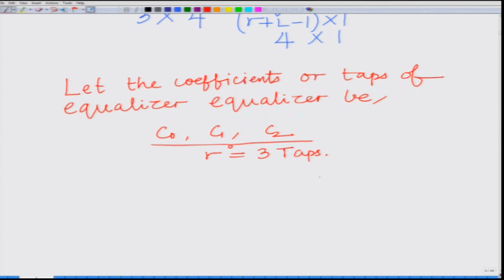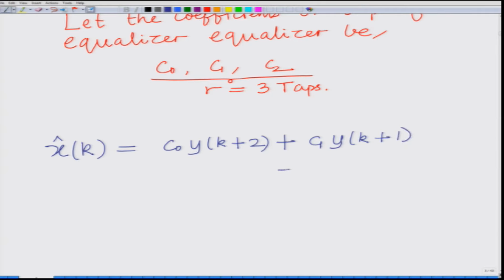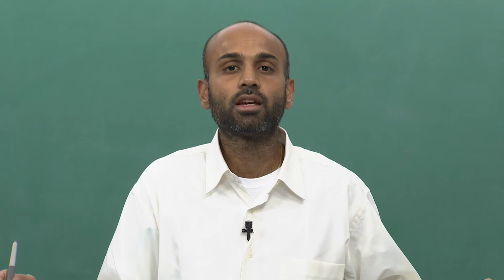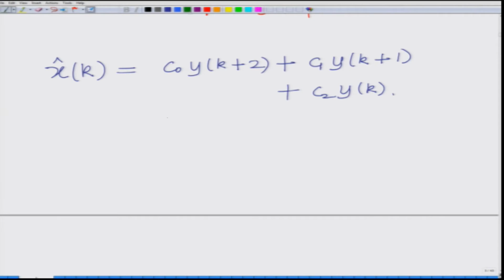So, we have R equal to 3 taps, and therefore now I can write the equalized symbol x hat k equals C0 times y k plus 2 plus C1 times y k plus 1 plus C2 times y k. That is, I am estimating the symbol x k, that is x hat k is the estimate of the symbol x k after removing the interference from the other symbols, that is x k plus 2, x k plus 1 and x k minus 1, and that estimate is given by the linear combination of the output symbols y k plus 2, y k plus 1, y k as C0 times y k plus 2 plus C1 times y k plus 1 plus C2 times y k,